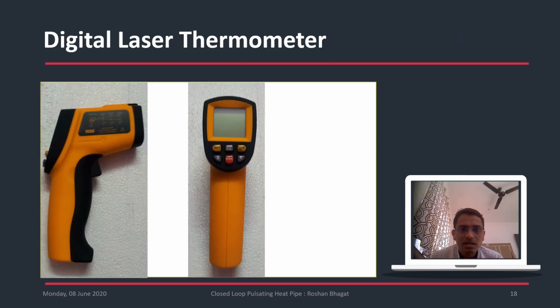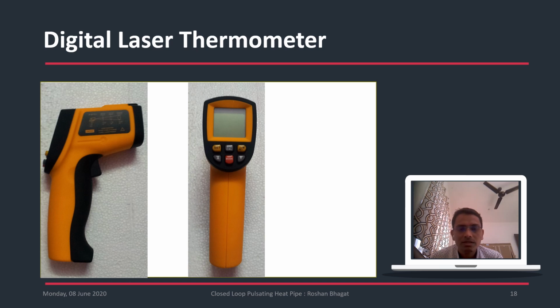This is a digital laser thermometer which is used for measuring the temperature. Instead of using thermocouples, a digital laser thermometer is used. The complexity of the connection wires is prevented with the help of a digital laser thermometer.